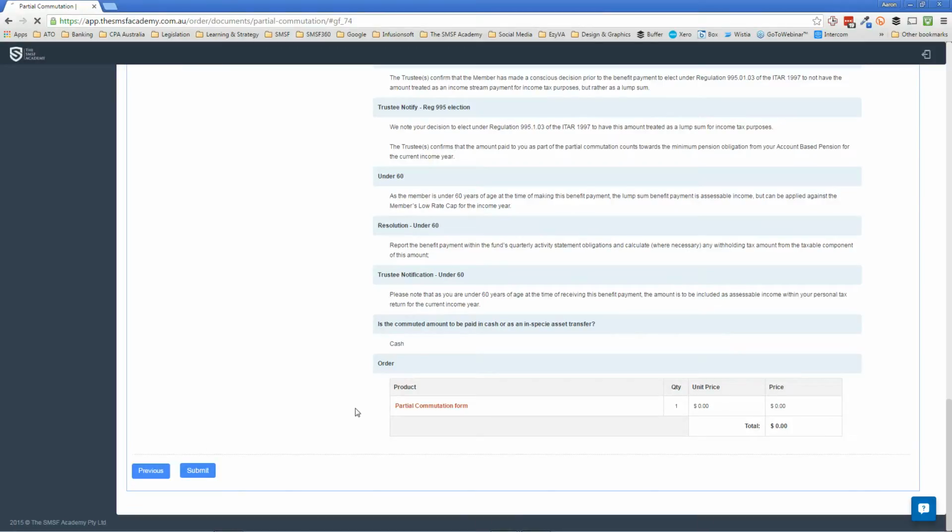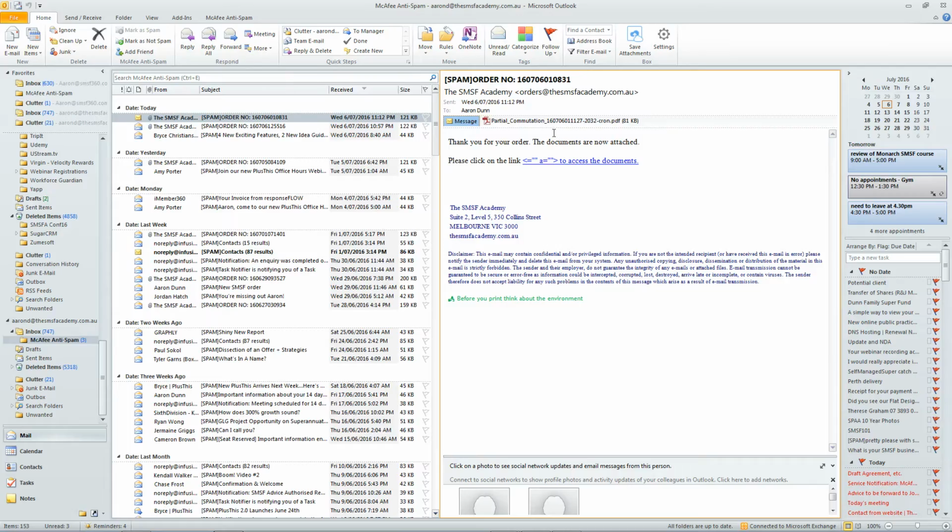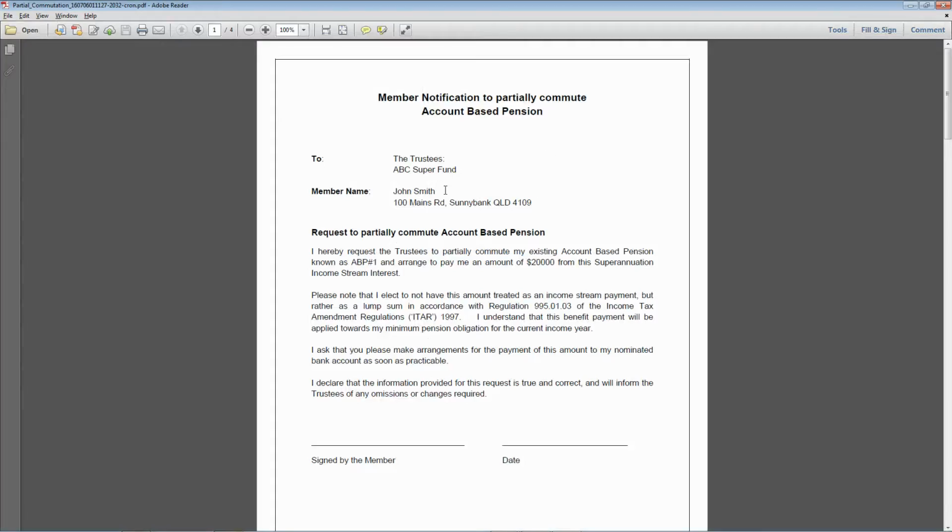But as a member here, what we do is to simply submit this, and then it will take about a couple of minutes for that document to generate, which will be not only stored in your completed area within campus, but you'll also get an email as well. So we can see here that this document has moved to here. So I'm just going to pause this and we'll wait until we see that being generated, and I'll show you the document as well. Okay, so we've just got our order now, and I've opened up the completed order here,